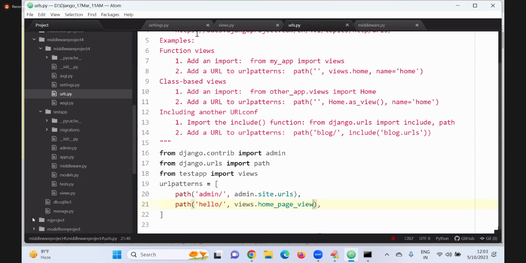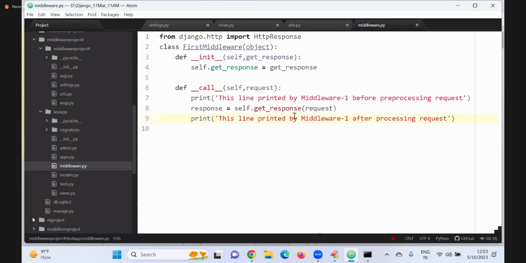There is a problem in the middleware. def __call__(self, request), self.get_response. I'm not returning the response.